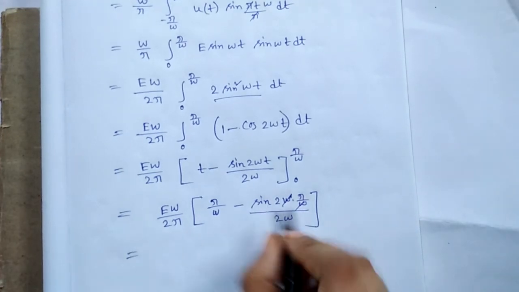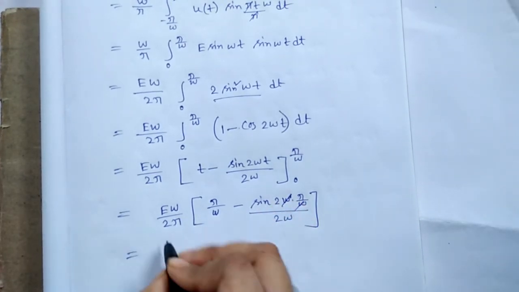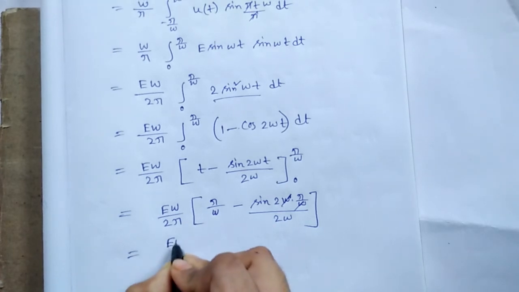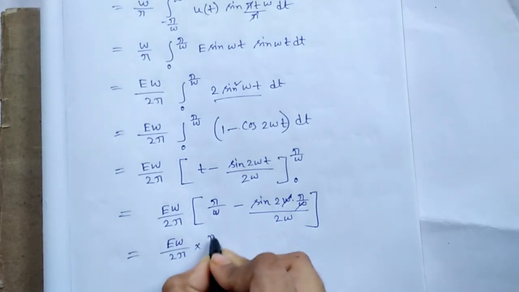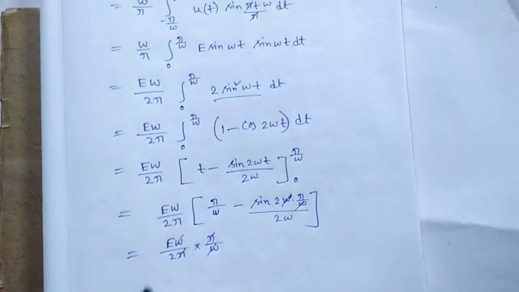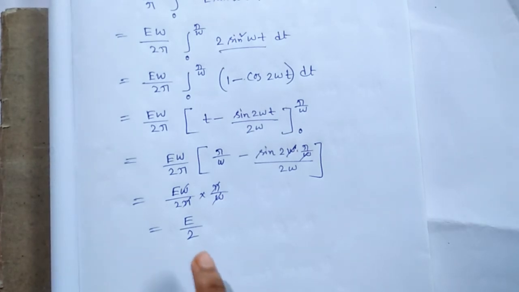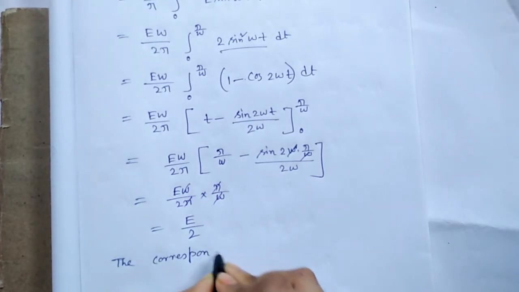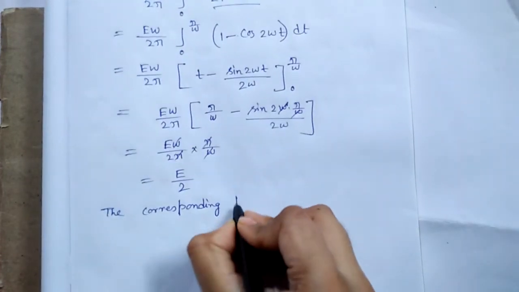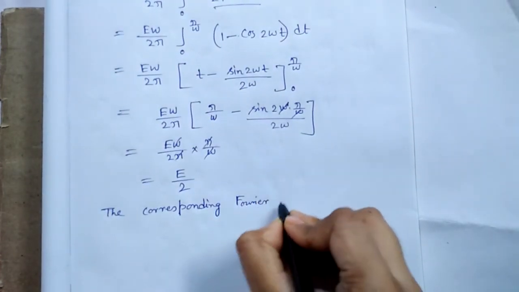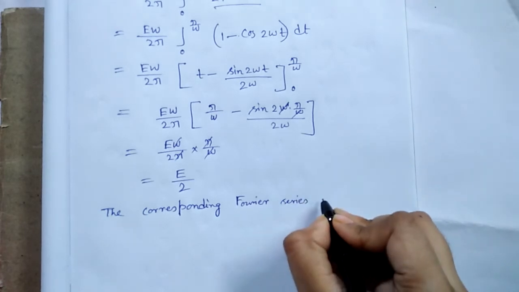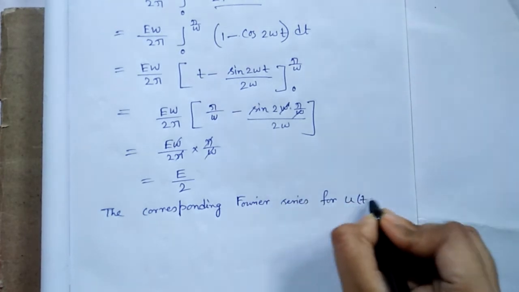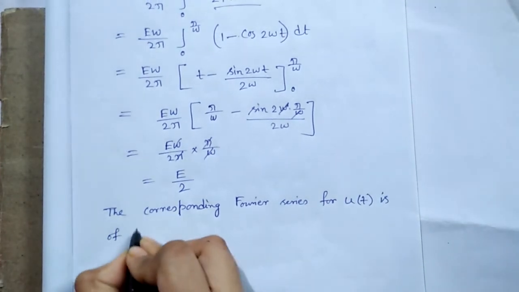Omega cancels out. This is sin 2 pi, this is 0. So we get e omega by 2 pi into pi by omega. So this is equal to e by 2. So the value of b1 is e by 2. Now the corresponding Fourier series for ut is of the form